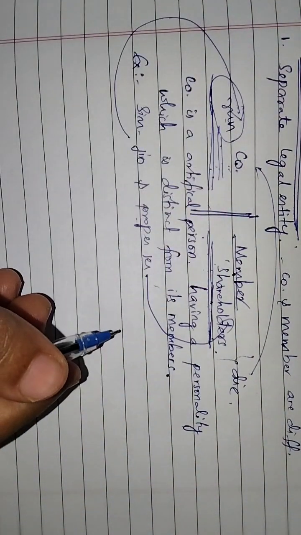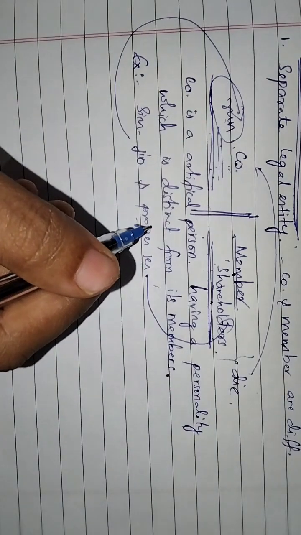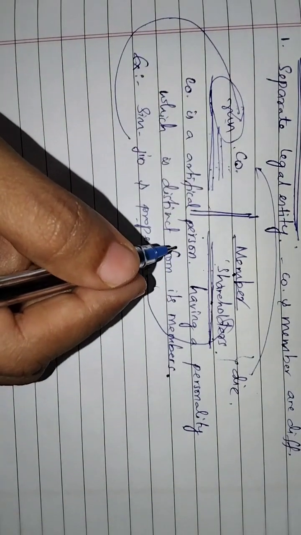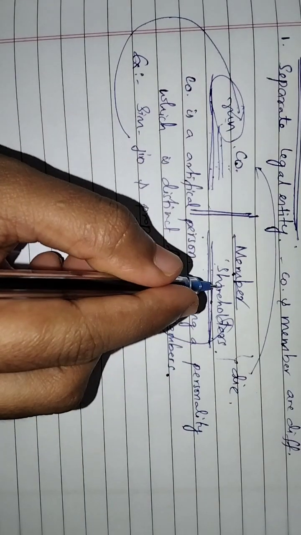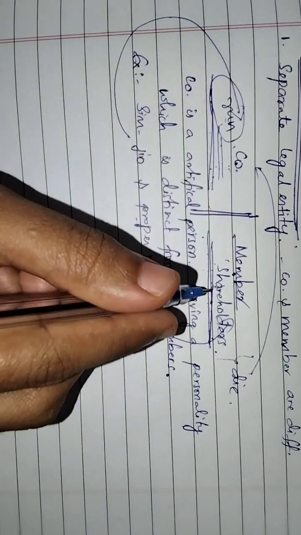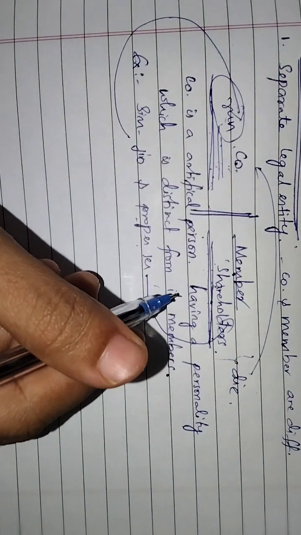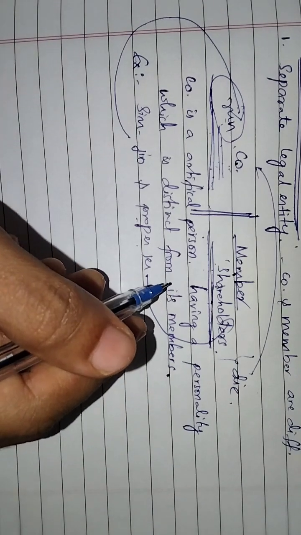You don't complain to the shareholders. You'll go and complain to the company. Whichever department is responsible will take care of it. You cannot go directly to the shareholders, because company and members are different persons, not the same. And